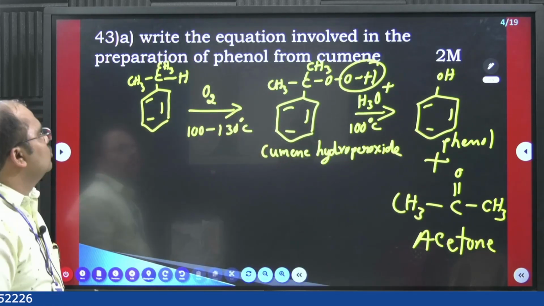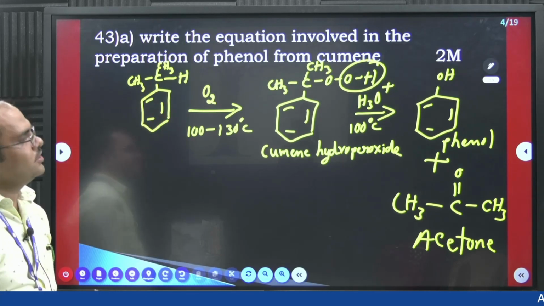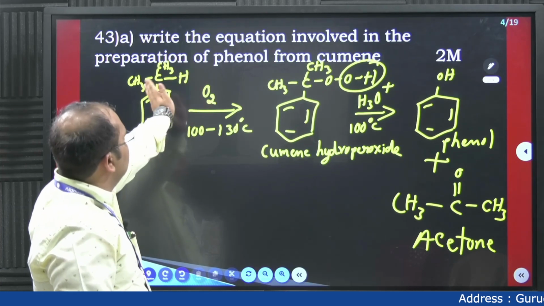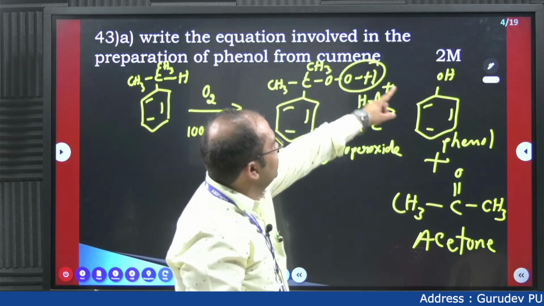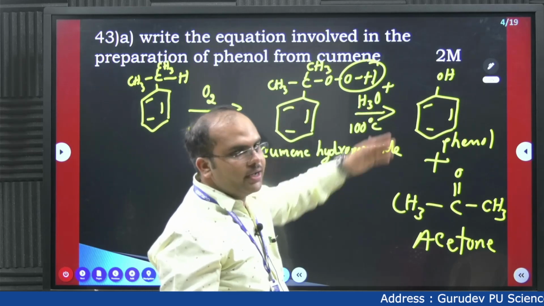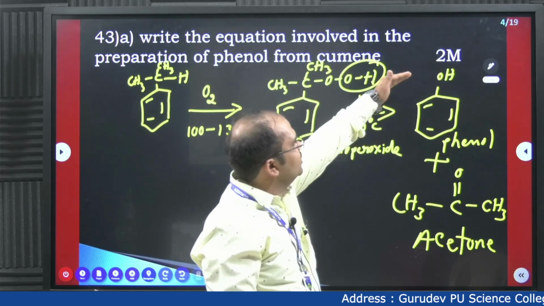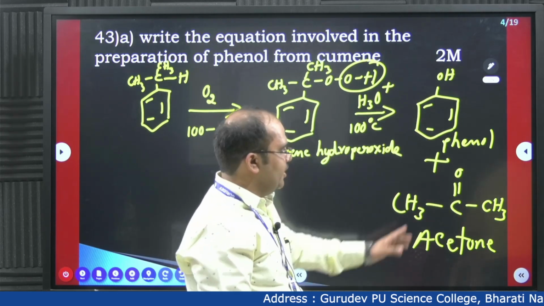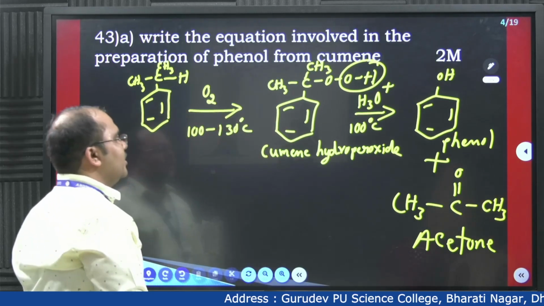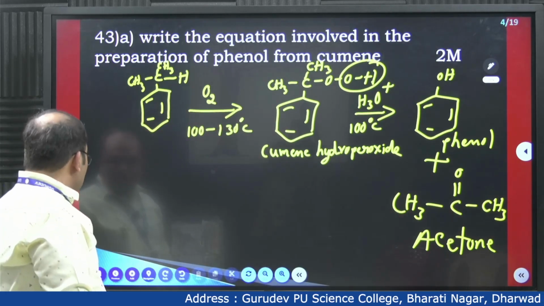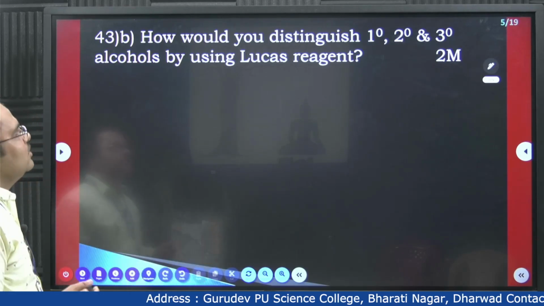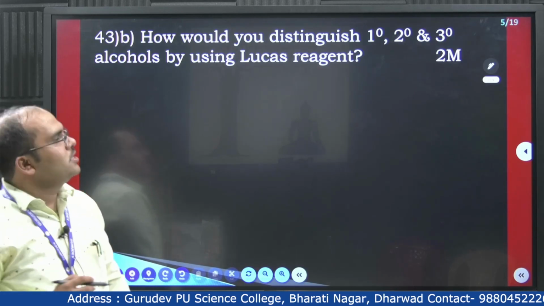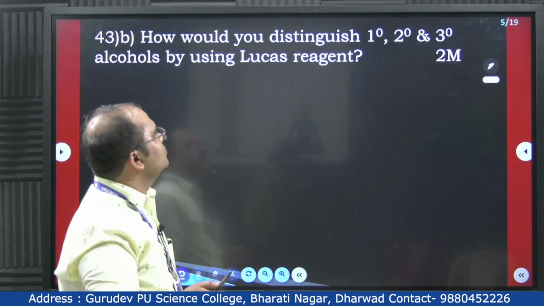This is also for 2 marks, where you can clear the reactions through oxidation of cumene. 2 molecules of oxygen are added to the same part, and by the addition of H3O plus at 100 degrees Celsius the OH group attaches, phenol is formed and the remaining part is acetone. Next, the very important question: how would you distinguish primary, secondary and tertiary alcohols by using